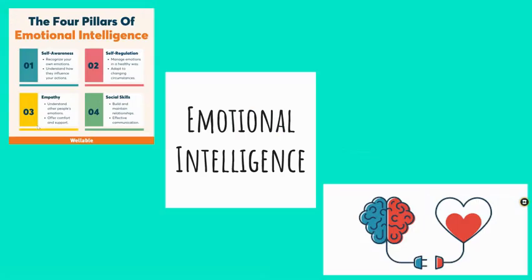A final type of intelligence is called emotional intelligence. And emotional intelligence is our ability to perceive emotions in others. It's a person who is able to recognize their emotions, understand the emotions of others. They're able to manage their emotions in healthy ways. They can adapt and change. They can build and maintain relationships. They can have effective communication. They understand other people's emotions. They offer comfort and support. They're those people who seem to know what to say to people who are struggling. They can read others' emotional cues much faster than others.